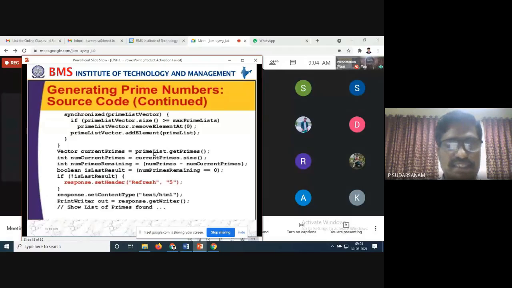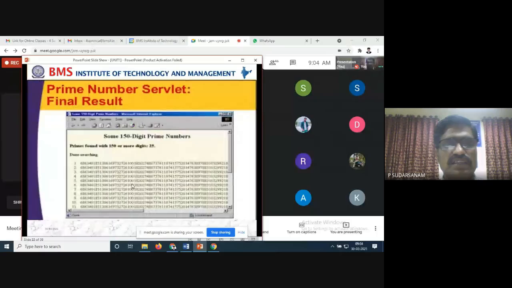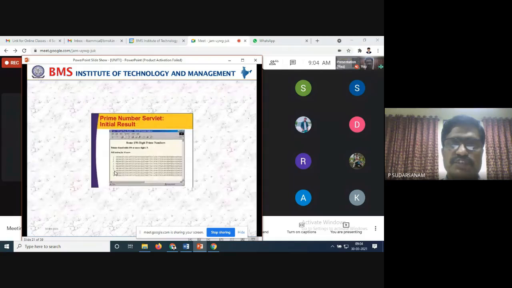Otherwise it will work the other way, and it will print using PrintWriter out equal to response.getWriter(). So it will display everything. The prime list vector is added to the list of primes, and it will show the list of prime numbers found. That is the output, and this is the way of working. Once you make the refresh, you can scroll down and see it. Initially it will display only a few numbers.